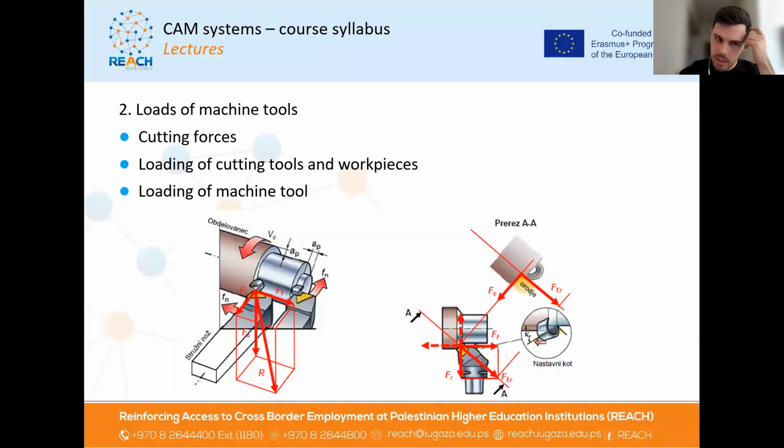Specifically, we are discussing cutting forces and the loading on the cutting tool, the workpieces, and overall the machine tool. This is very important for the students to understand, because design for manufacturing means that you know which machine you will use in the end, and which material will be used for that specific product. Then you need to understand which cutting forces will appear